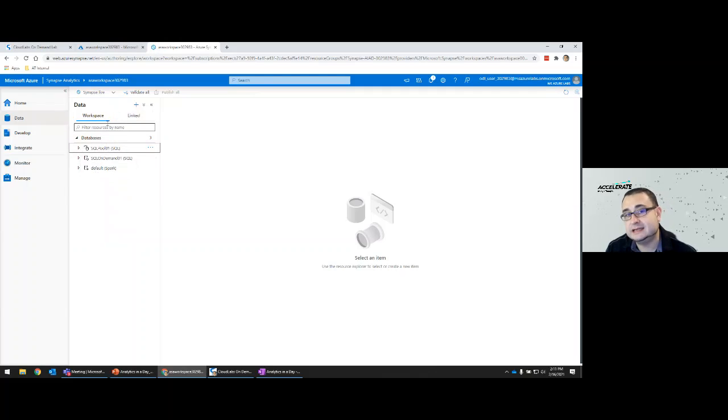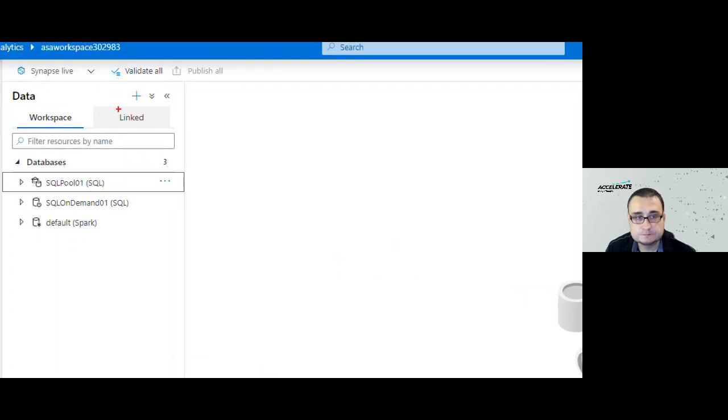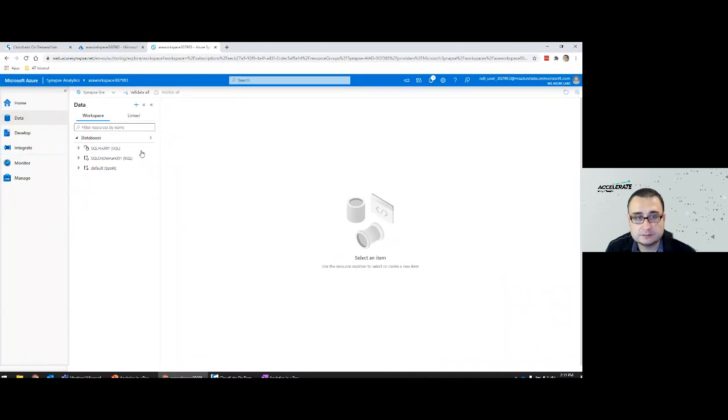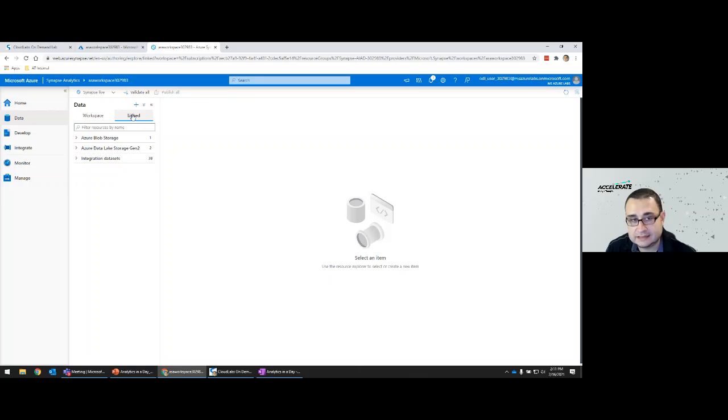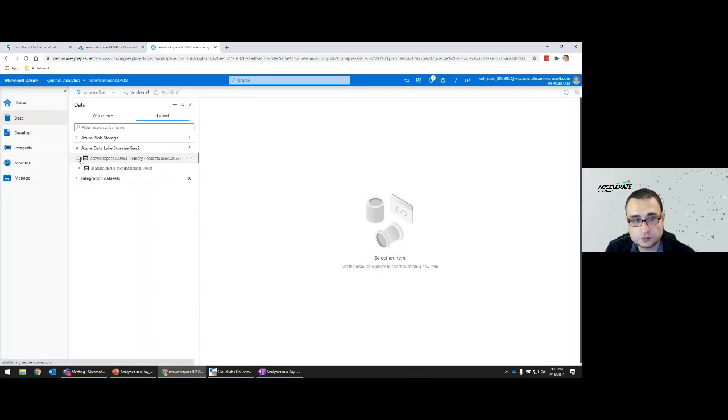We're going to go to the data lake section. In order to go to the data lake storage, we go to our Linked tab right here at the top. When you click on that tab, you'll see that we now have our linked storage and other datasets available in this environment. The first thing we're going to do is expand the Azure Data Lake Gen 2 environment. We can expand this a little bit more if you want, and then expand the AAS workspace.